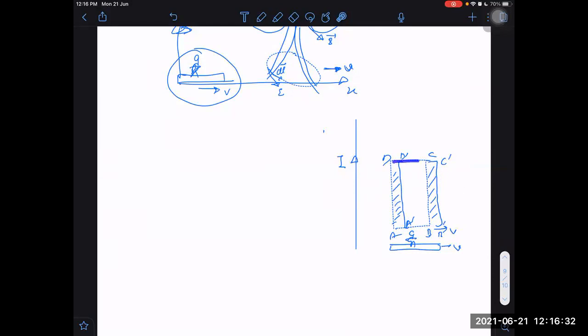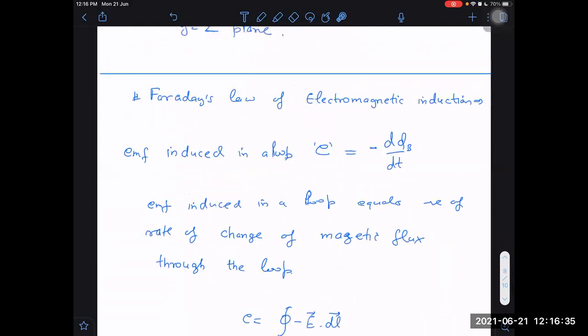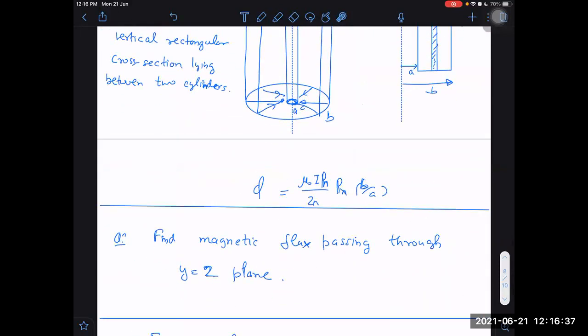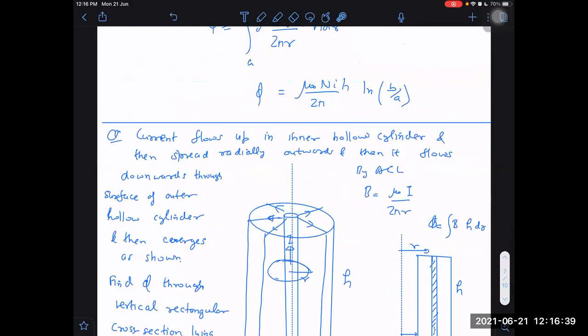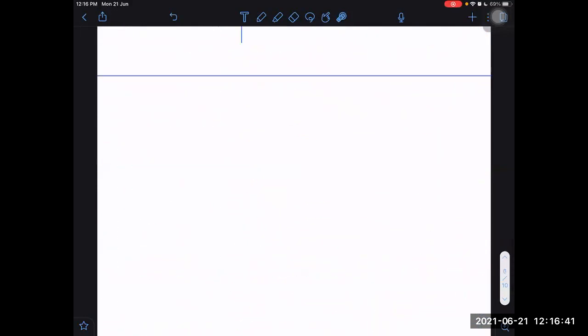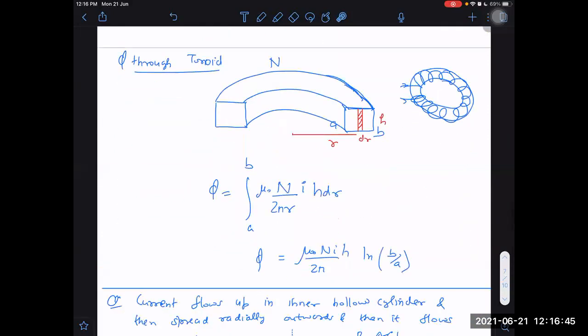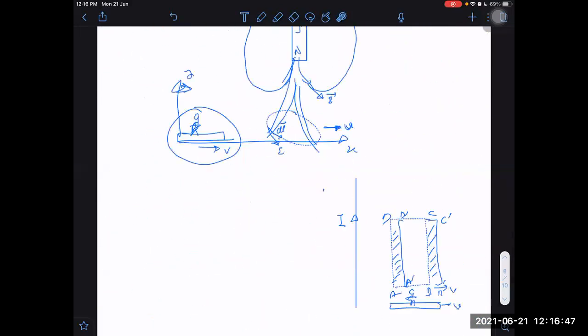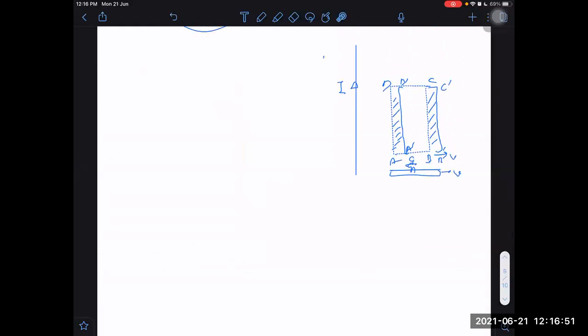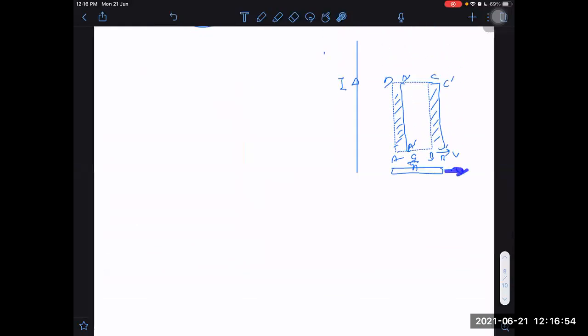Yes. And the flux is not difficult, because we have already found out the flux. What is that formula? Mu naught I by 2 pi into ln R2 by R1, right? So we can differentiate that. What will be the derivative of R2? The derivative of R2 will be velocity. What will be the derivative of R1? The derivative of R1 will also be velocity. Because if it is moving with velocity v, then R1 will be changing with velocity v and R2 will also be changing with velocity v, right? It is simple only.